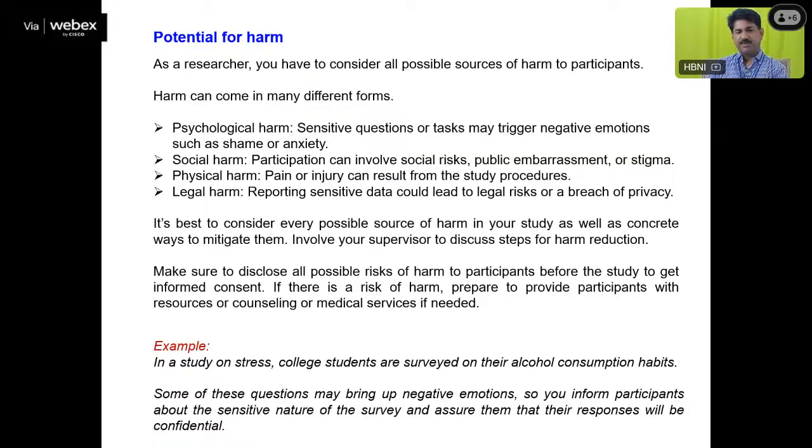If there is a risk of harm, prepare to provide participants with resources or counseling or medical services if needed. So if we feel that there is a possibility of some side effects for a particular medicine which we are applying to a participant, we have to tell that it can start some little headache. So if you are having a headache, what is the remedy? What are the medicines you should take immediately to avoid this type of thing? So this type of medical services should be provided, and also if there is the involvement of some psychological harm, so we have to tell them